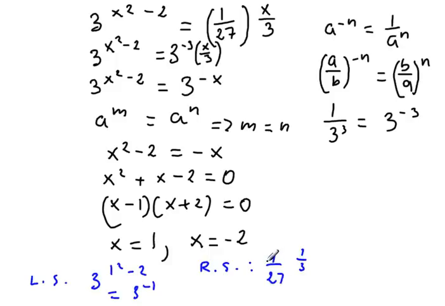So the cube root of 1 over 27 will give you 1/3. 3 to negative 1, remember this is equivalent to 1/3, so now you can say left side is equal to right side. And I know that when you do the substitution when x is equal to negative 2, you will also be able to confirm that the statement is